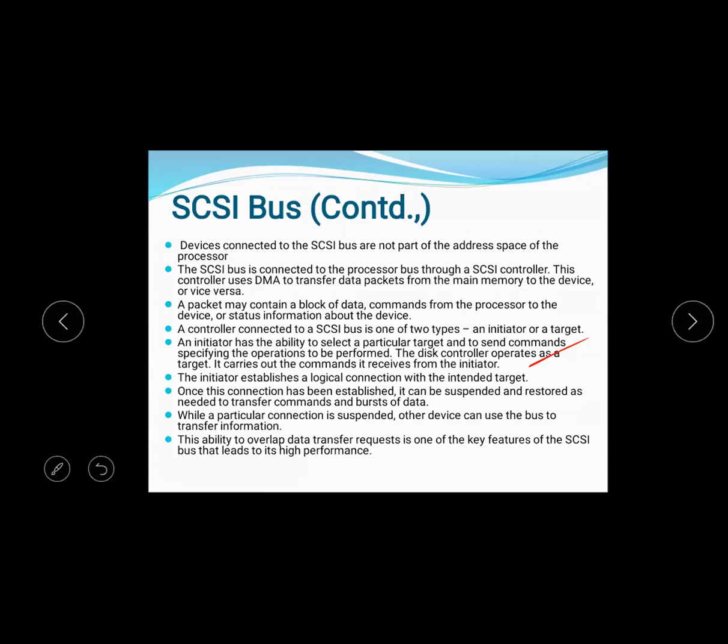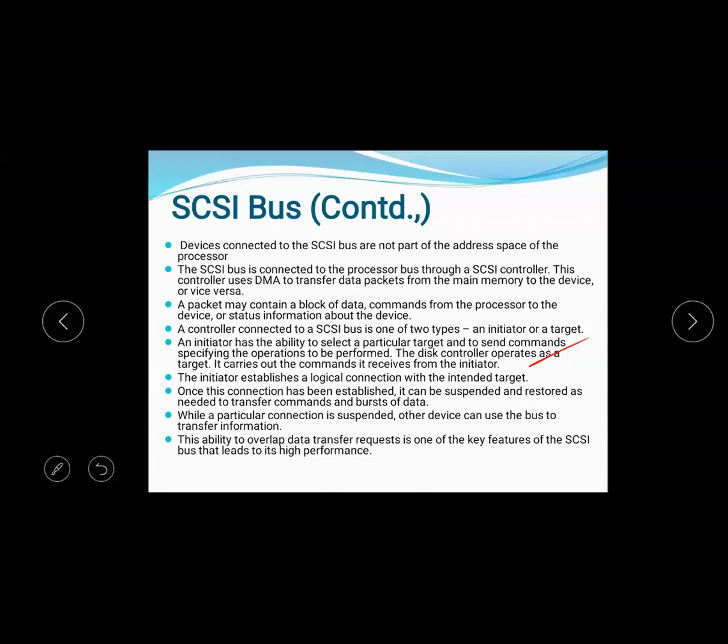The initiator establishes the logical connection with the intended target. Only the device with which it wants to communicate will be connected to the initiator. Once the connection has been established, it can be suspended and restored as needed to transfer commands and bursts of data.